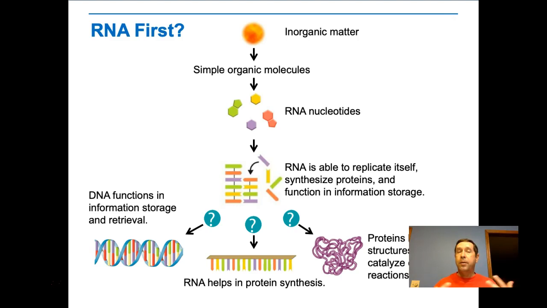Now, one of the things that is kind of difficult to deal with was DNA. So we know that RNA can work as an information storage molecule. It does in some viruses. And so RNA is a little bit simpler molecule than DNA, and there's fewer steps to go from RNA to making proteins than going from DNA to RNA to protein. So RNA could have been the first genetic material. RNA can self-replicate, it can synthesize proteins, and it can function in information storage. So it would do all of those things that we needed to do in terms of directing the formation of molecules.